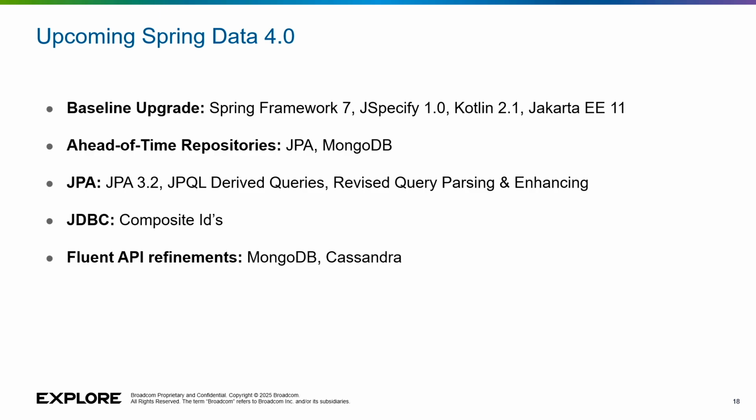So Spring Data 4, the big pieces are a baseline upgrade, and this is in any Spring talk you've seen today. It's the next generation. Everybody's going to say, yep, the baseline upgrade, Framework 5, Boot 4. JSpecify, our whole portfolio has been updated to support these things. Kotlin 2.0, Jakarta EE. JSpecify, if you haven't seen it or used it,